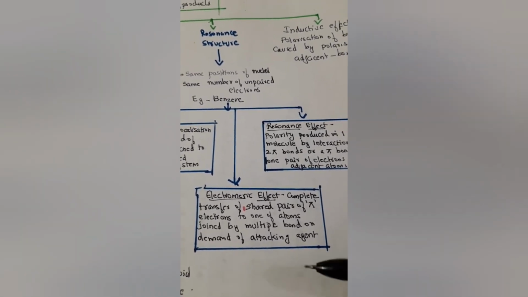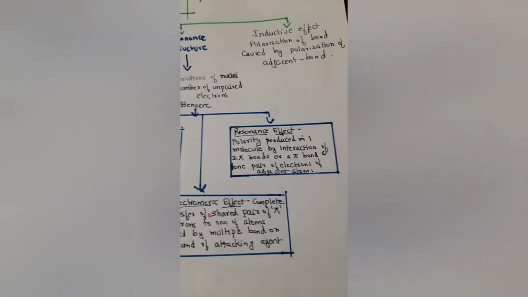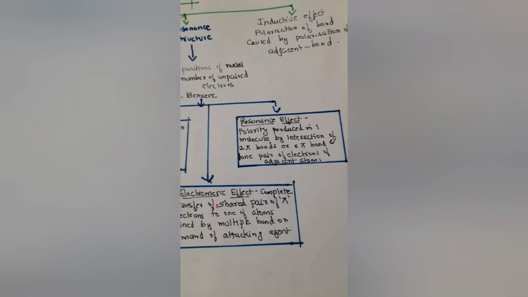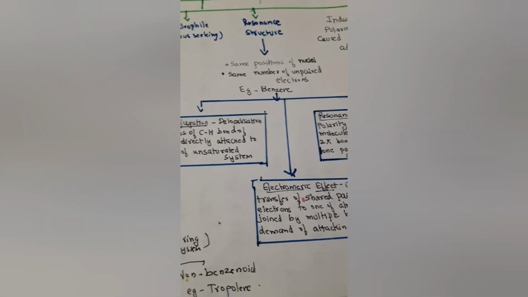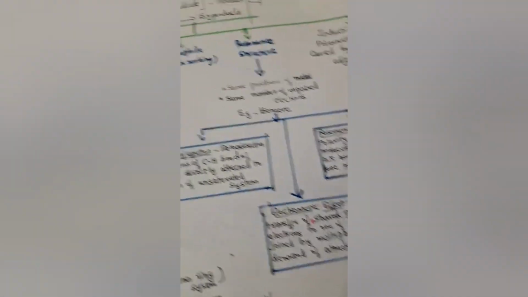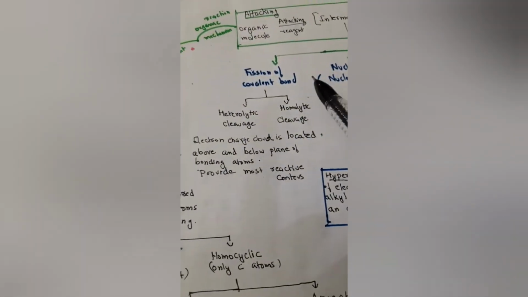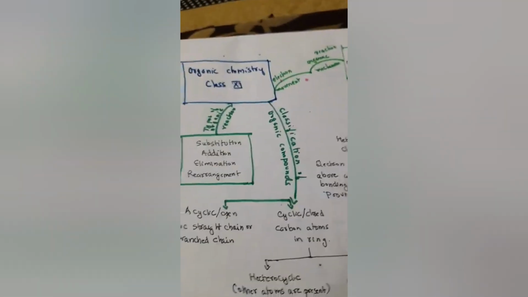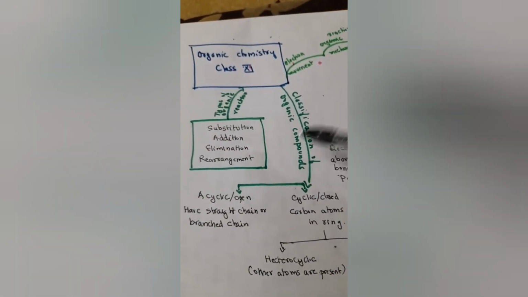See, this is all easy. If you just read it with full focus, you will be able to remember this easily. This is a quick revision of the topic, and here we also saw fission and what all you learned here: types of reaction, then classification of organic compounds,